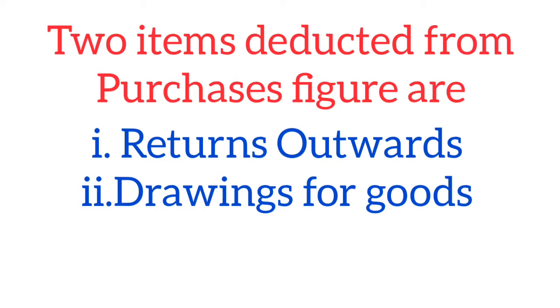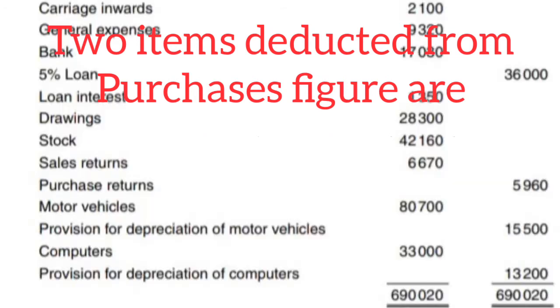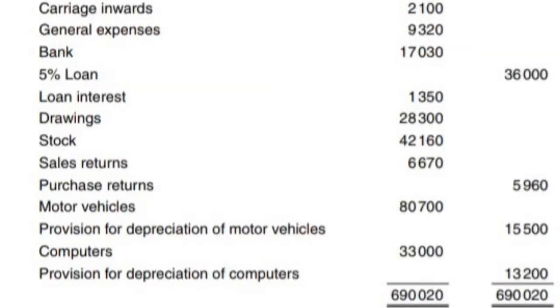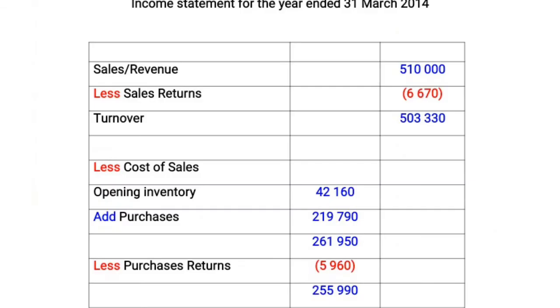So if we look into our trial balance, we can notice that the purchases returns figure is amounting to 5,960. So I'm going to less purchases returns 5,960. Right, so 261,950 minus 5,960, you get